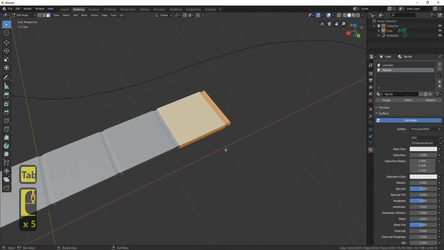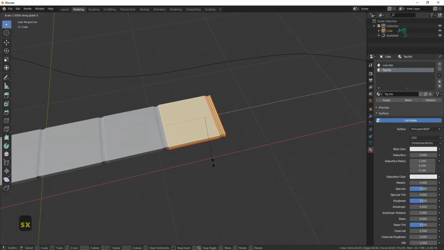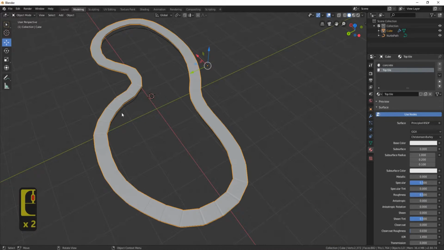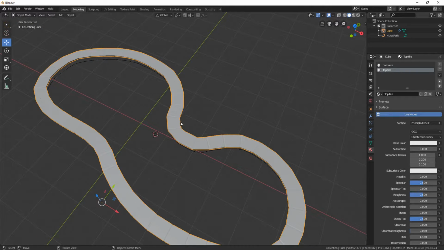So let's press tab, and we just need to make this, like I say, a tiny bit bigger. So press S and X and just bring it out, holding the shift button, just a tiny bit like so. Press tab again and now you'll see they fit pretty well. And if we go around now and just check to make sure that you're happy with all the concrete in